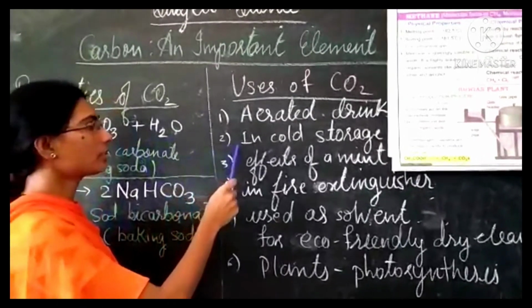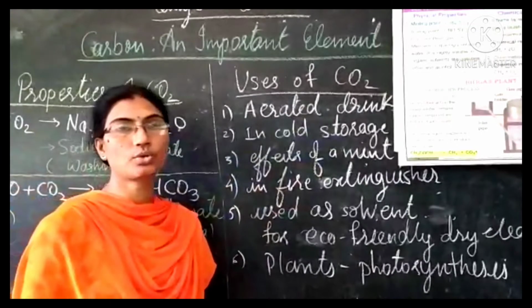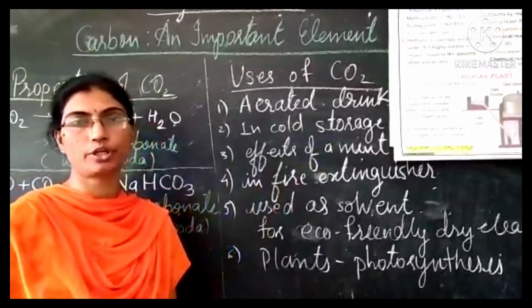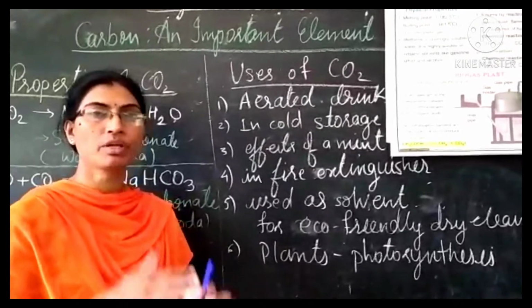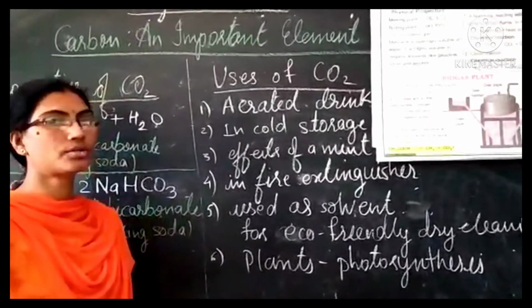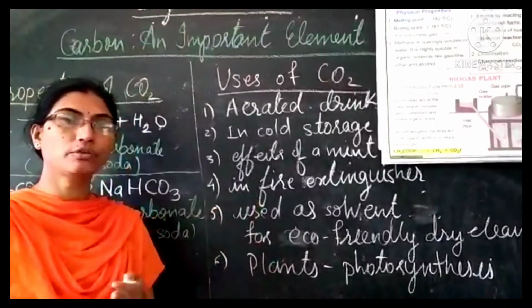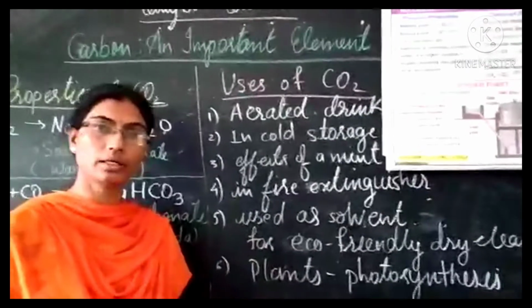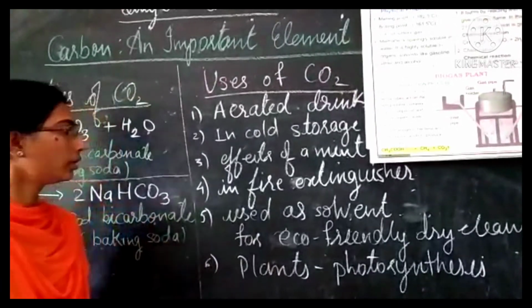The second one is it is used in cold storage. Cold storage means, as you know, refrigerator, fridge, where we preserve the food material at very low temperature. In the same manner, the carbon dioxide gas is used as cold storage for transporting the food material from one place to another and for the storage of milk and milk products. Now, the next one is